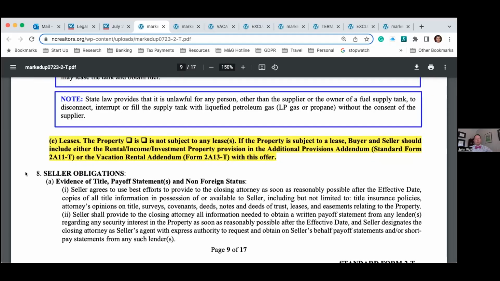As I mentioned earlier, the additional provisions addendum has a bunch of changes with the landlord/seller obligations. This here is a checkbox to show whether the property is subject to a lease. And if it is, then make sure you attach the additional provisions addendum. Now, granted, if somebody forgets to include the additional provisions addendum, that is not the end of the world. In fact, check this box. Please use this. This is especially going to help the closing attorney in your transaction. But at the same time, even if you don't check these boxes, it's not the end of the world,